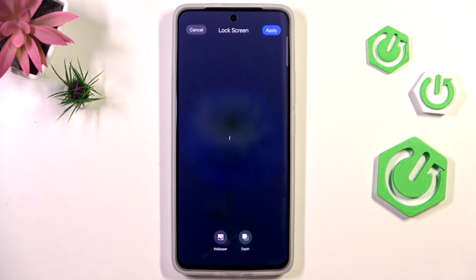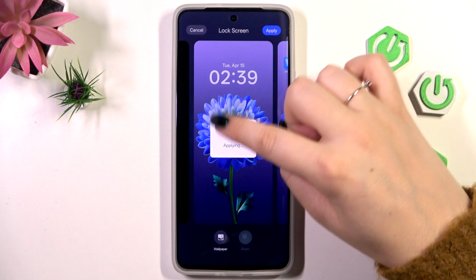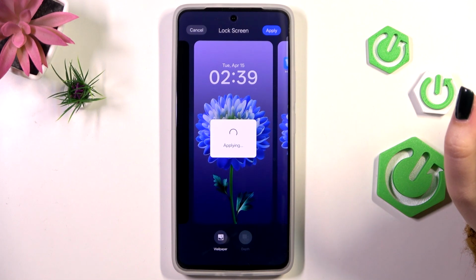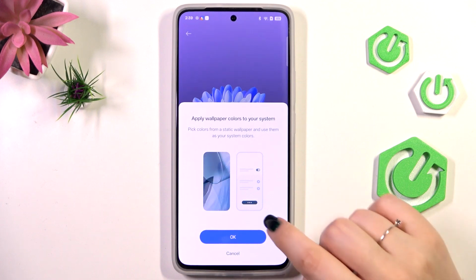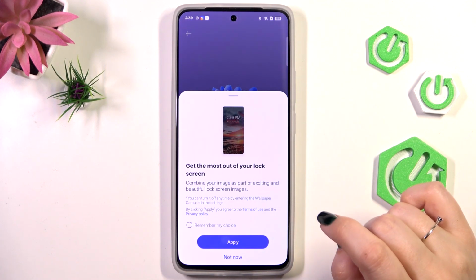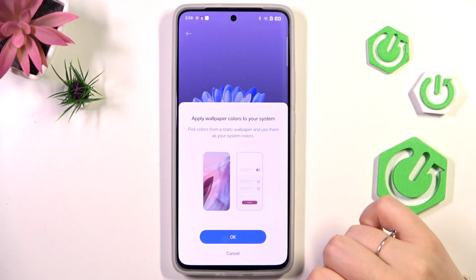So let me tap on it. Here we have to tap on apply. So here we've got the preview, we can check it, how it will look like. Tap on apply in the right upper corner, and if you want to, you can apply the wallpaper colors to